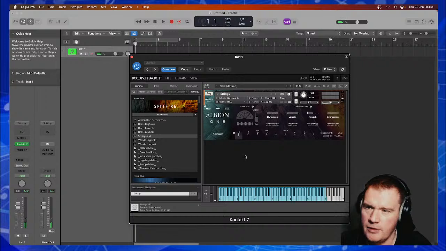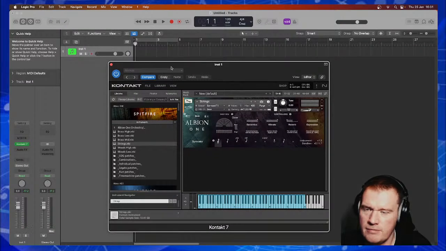Okay, so obviously an ostinato is a repeating pattern or rhythm. I think strings is probably the most common use. And the point is, you do not want to be learning to do a string ostinato when somebody says, can you do a string ostinato? You want to have practiced this before. So on an ensemble patch like Albion 1,